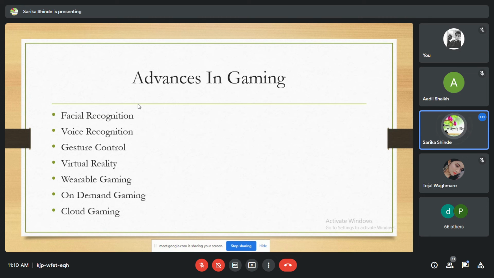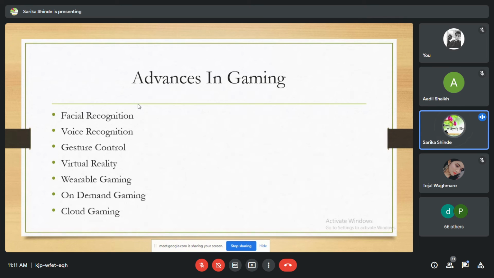Next one is on-demand gaming. Gamers can already watch and share live streams of games, but what about playing them? Much like movie streaming services, the ability to stream video games is becoming more and more a reality, and it could lead game developers, both big and small, to gaming glory.